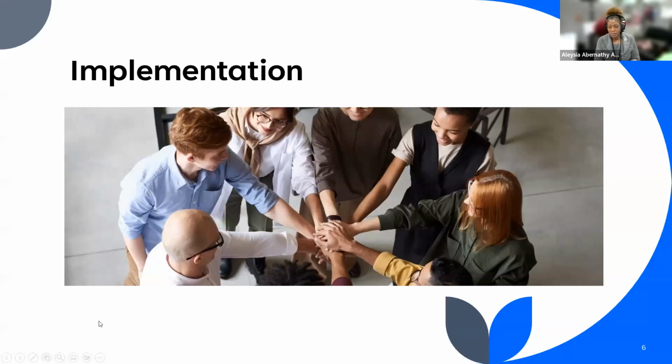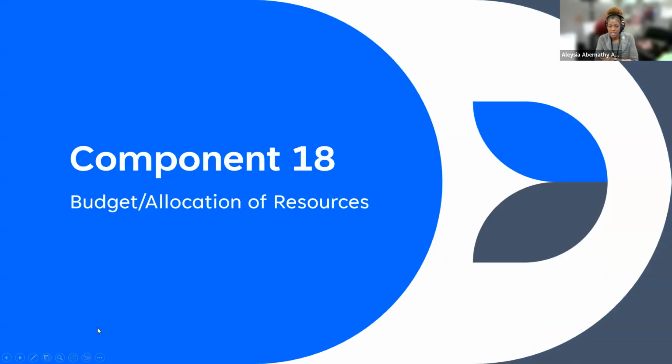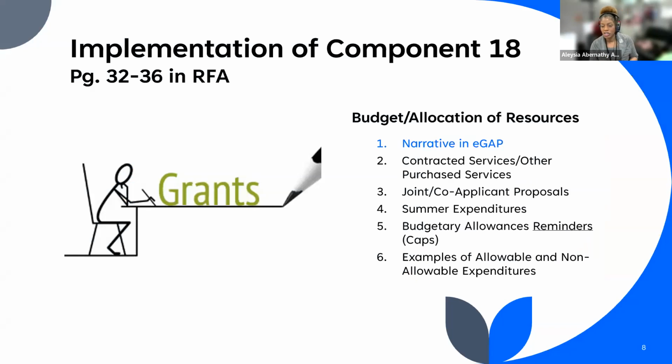So let's talk about implementation. We know this is going to be a team work effort from our sites. It's just not a one-person show. It certainly involves us to support you through this process. So today we're going to specifically address component 18, which is dealing with the budget and allocation of resources. We talked about, in an extensive training in October, allowable and not allowable purchases. We talked about those different function codes, but now today we're going to talk a little bit about